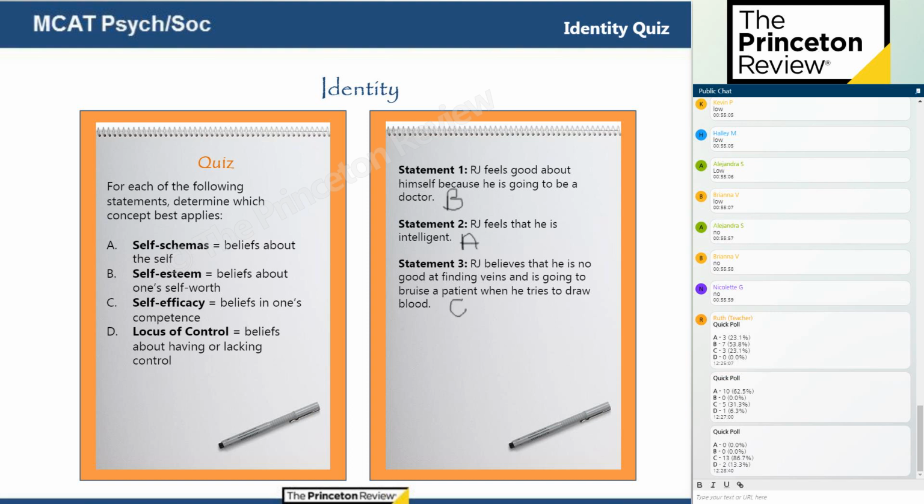That's a self-efficacy thing, right? Believes he's not good. He has low self-efficacy then when it comes to phlebotomy,